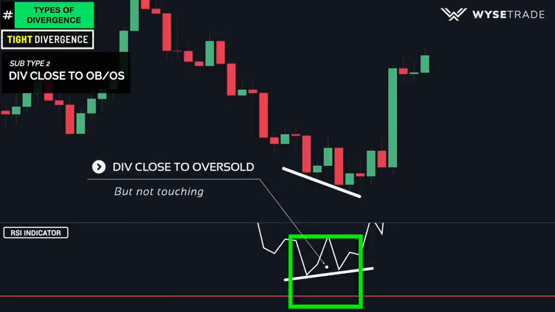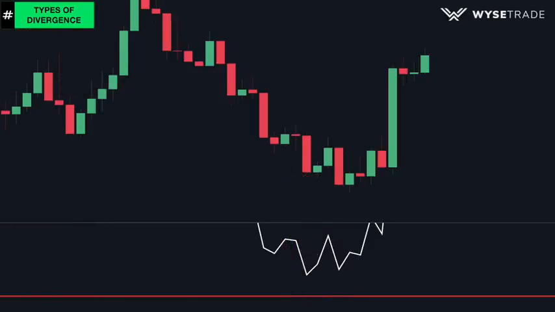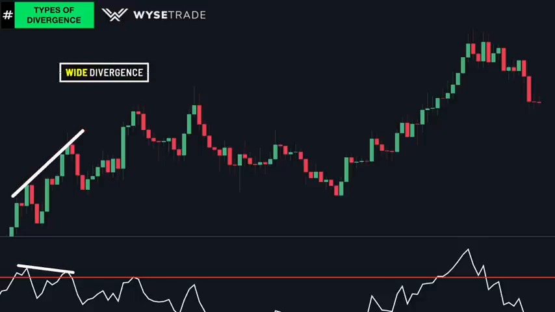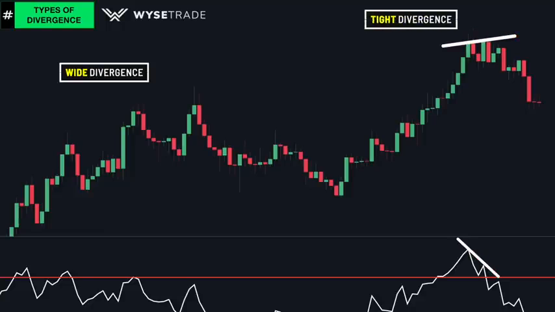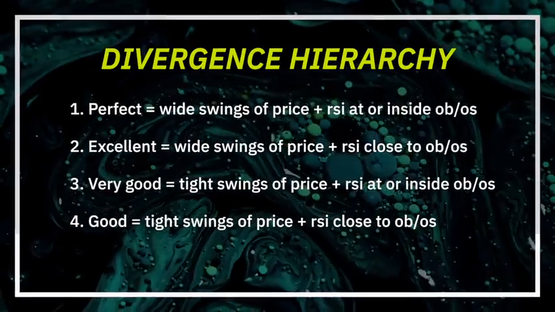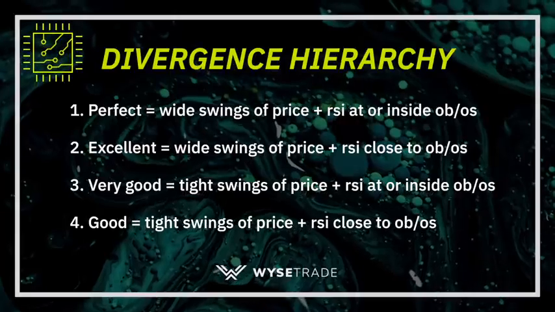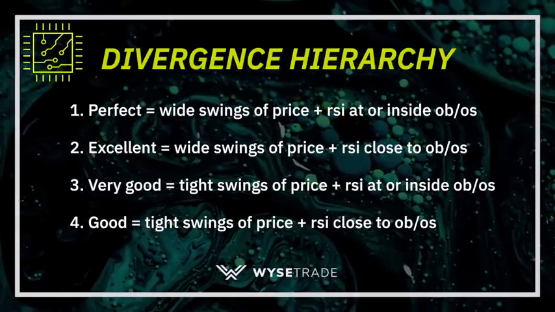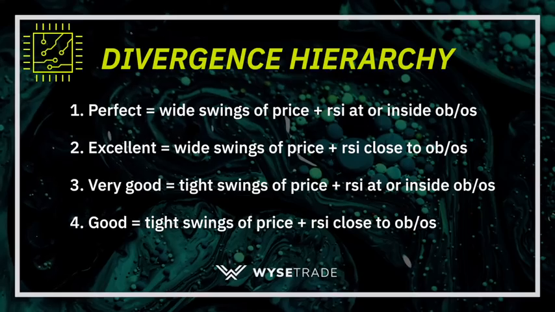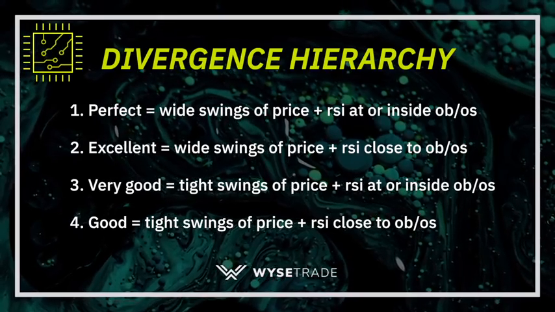So let's put both wide divergence and tight divergence on one chart as a quick recap. Wide divergence, reversal. Wide divergence, reversal. Wide divergence, reversal. And then tight divergence here, reversal. So as a quick recap, here is our divergence hierarchy. Now all divergence is good, but just use this hierarchy to rank the quality of the divergence and the trade you are looking at. So let's keep building on this and move on to the next section, which is